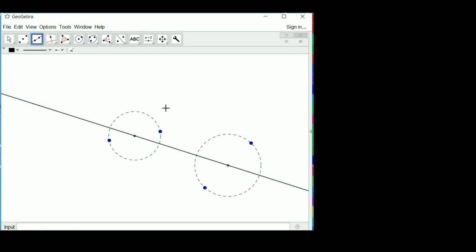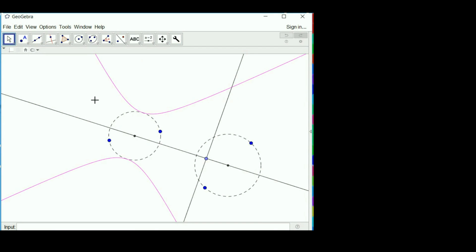So all we do now is pick any old line that's perpendicular to this centre joining line, say here, excuse me, whoa, that's weird, let's try again, make sure it's, there we go, and then we'll just use our tool to find out where these circles meet this line. So the left circle, might as well colour it purple. The purple circle meets this line at the purple hyperbola,